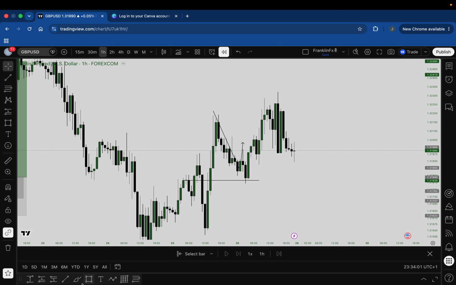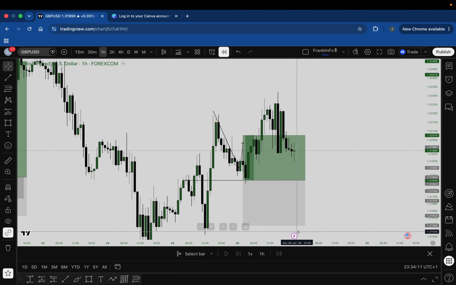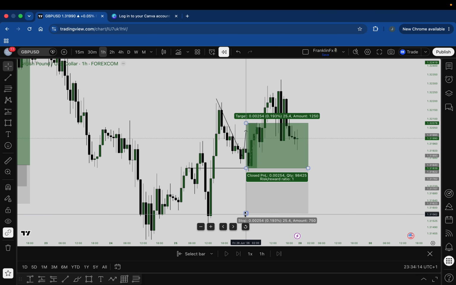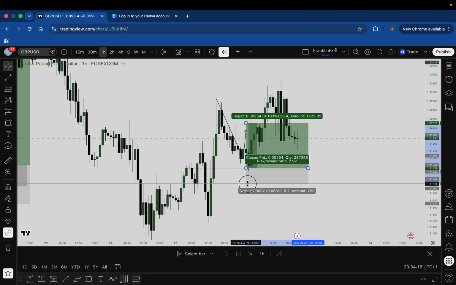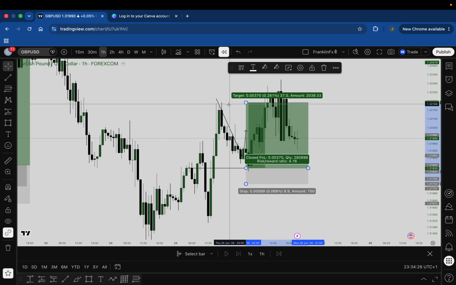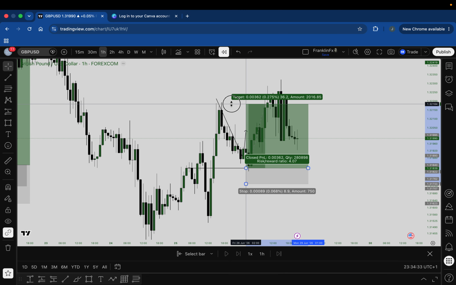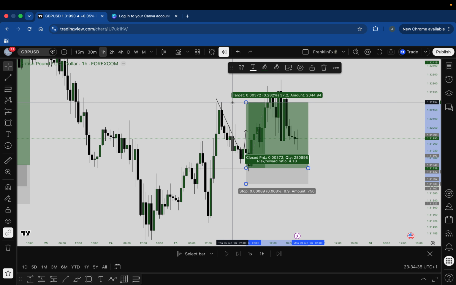So if I was to enter this trade, I enter right on the key level, which is here, and then my stop loss is going to be below this candle here, as you can see. And then I'm going to target this particular high here. This is already too much. Normally I go with 3 hour. 3 hour is going to be something around here, but for those of you that like to target the high, you target the high and you get this already, you get 4 point something an hour.